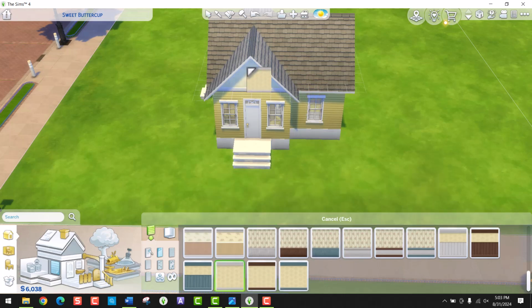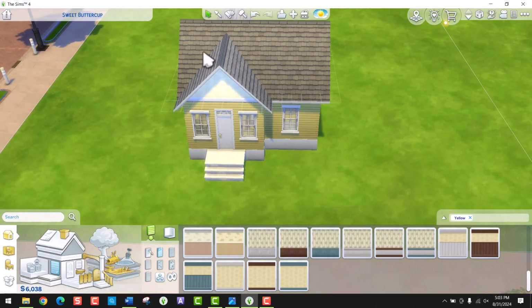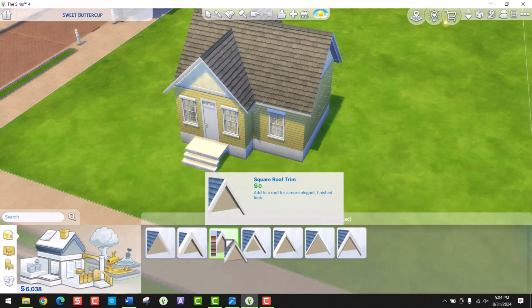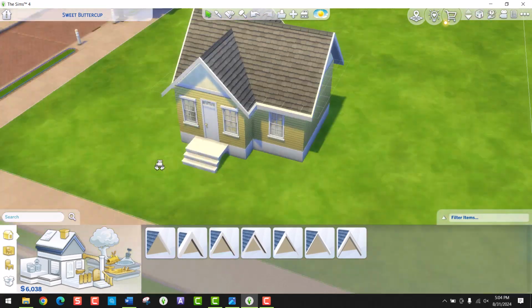So let's get that and apply it to each roof piece for just kind of an interesting roof design. No one would put wallpaper on their roof, but hey, it's Sims, we can do what we want. Roof trims, get rid of yellow. Square roof trim just in plain white would be fine. So I grabbed that. I'm gonna put 1 there and 1 there on those roof pieces to finish off the